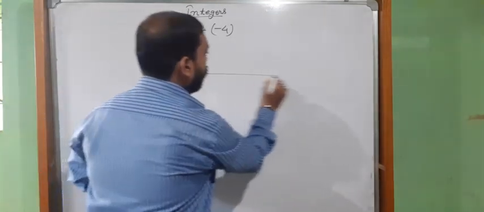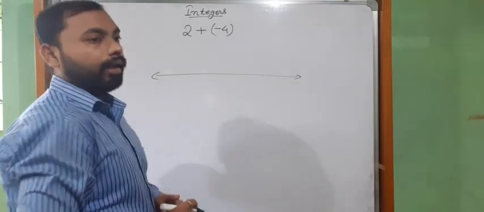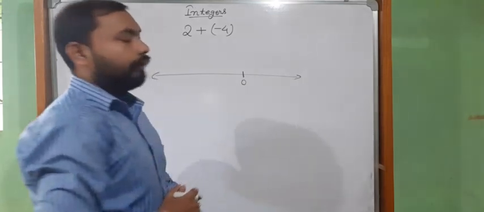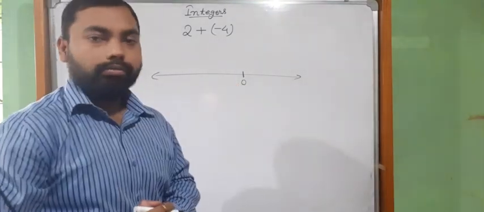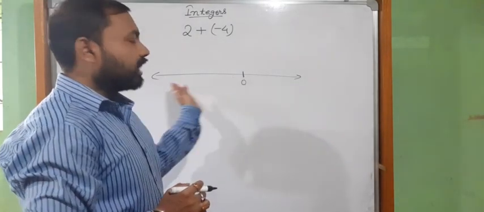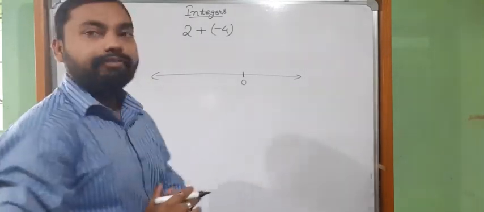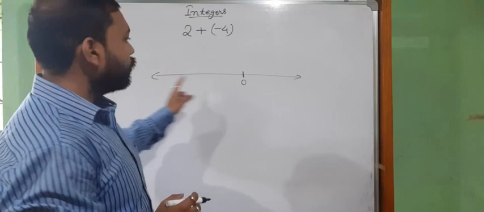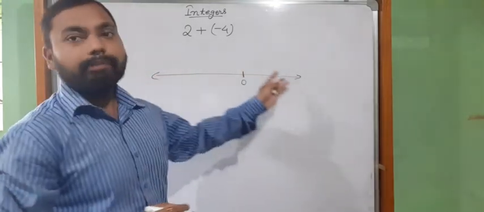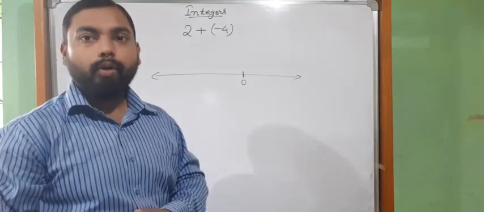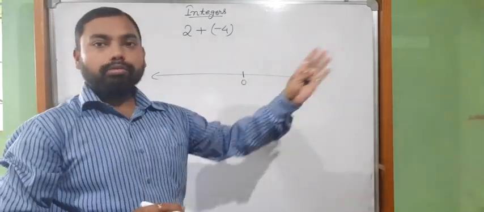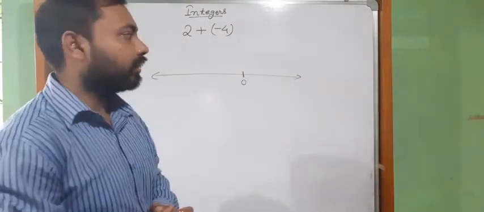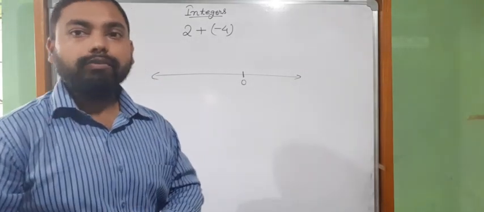So let us draw one number line. Now here is 0, as we know we have to mark 0 on the number line, and to the left side of 0 all are negative integers and to the right side of 0 all are positive integers. You can see I have drawn two arrows. Why? Because this is a number line, and we know a line has no ending point. In the number line also, the numbers go left-hand side and right-hand side infinitely, that means there is no ending of the numbers.